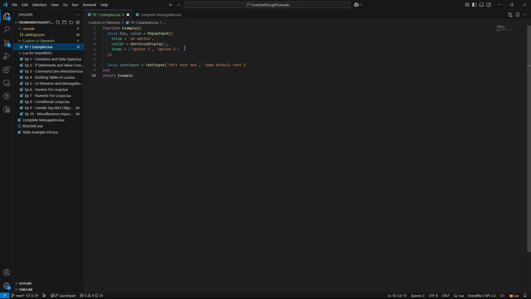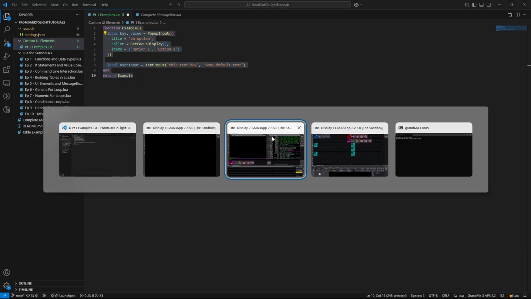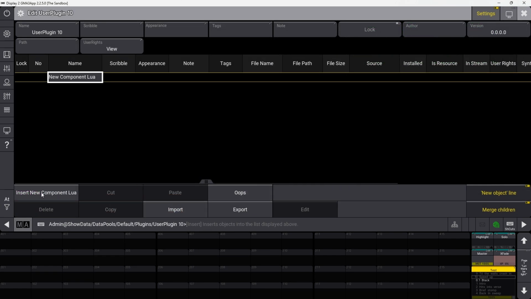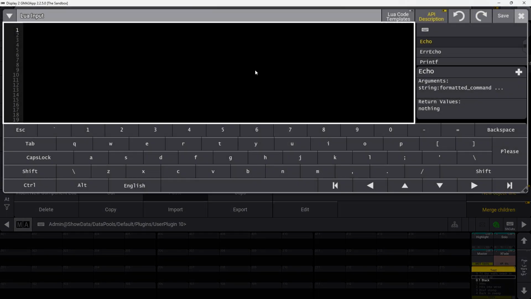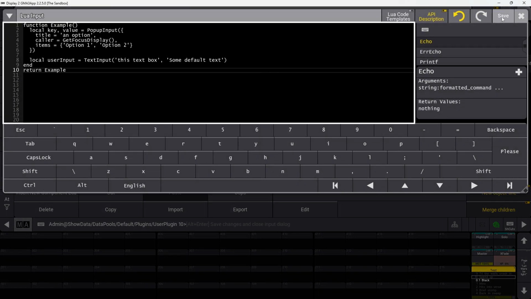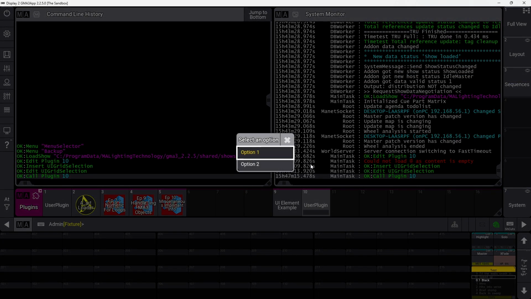And I will go ahead and actually show you how this looks in MA3. I'm just going to copy and paste because I do have a way to use a macro for this, but since I'm just going to show it to you one time, I don't see a need to do that. And the way it looks is like this. So it automatically puts in the word select, which is why I just put an option. So it says select an option. And then I can select either of these.